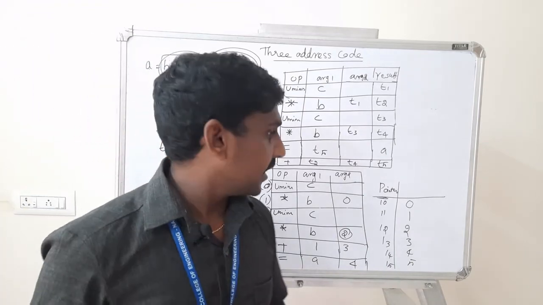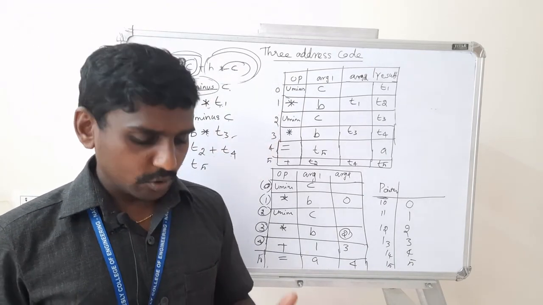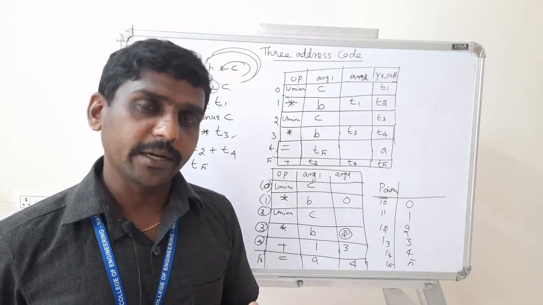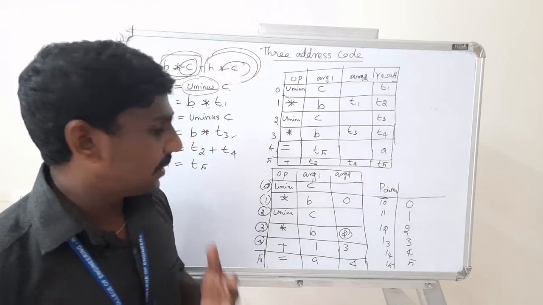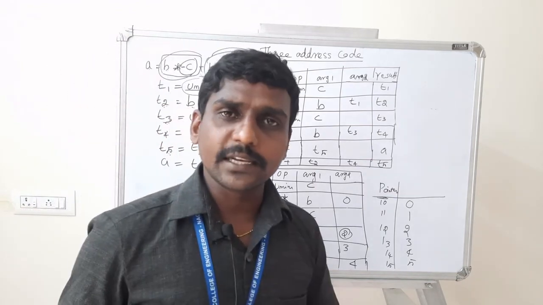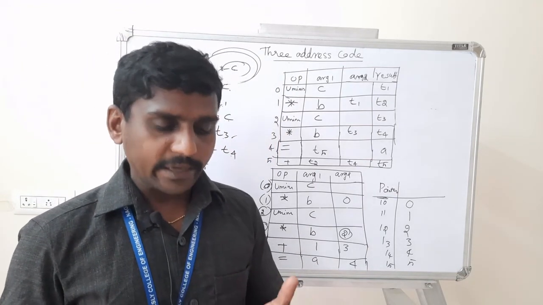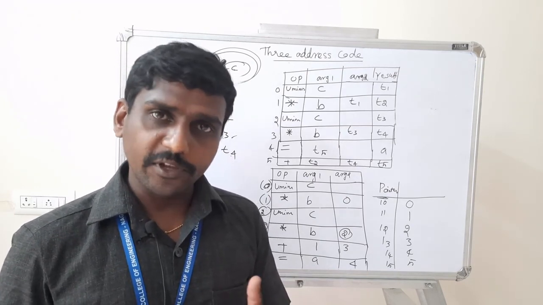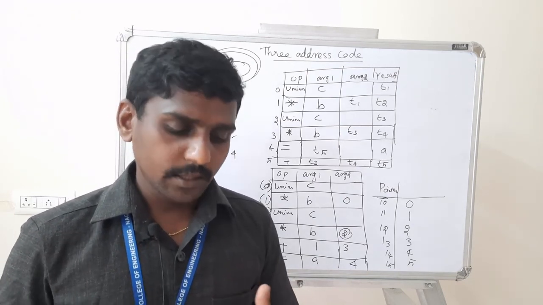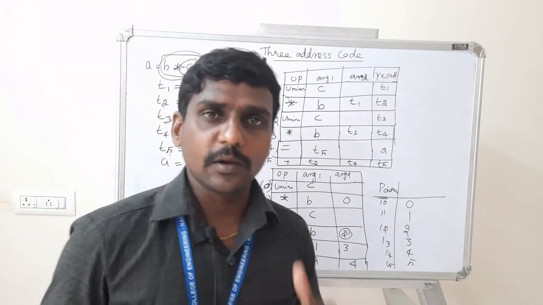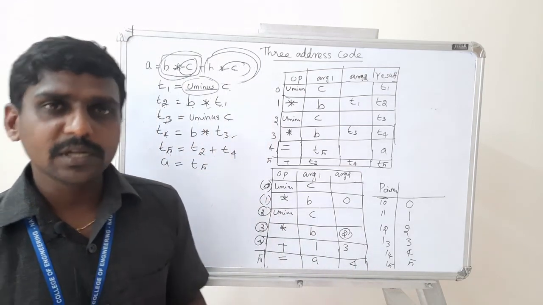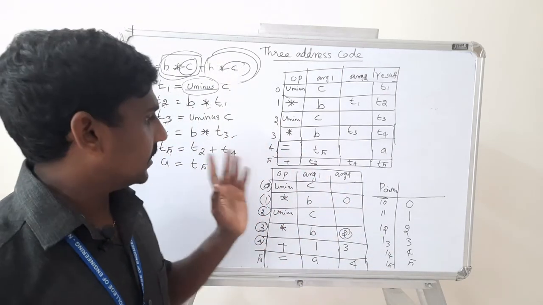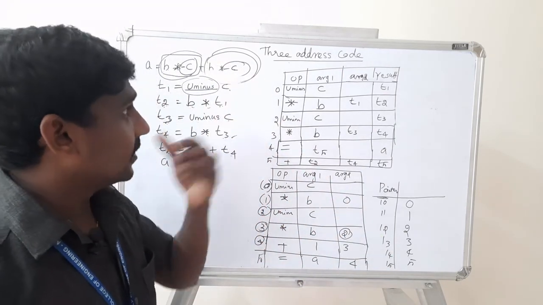So this is a very important question, 3 address code. You should know what the 3 address codes are. We have statements and operators, and you should know how to implement 3 address code. Based on the statements, we implement 3 address code as quadruples, triples, indirect triples. Quadruples have 4 fields, triples have 3 fields, and indirect triples have triples plus pointer. So this is the way to implement the 3 address code.